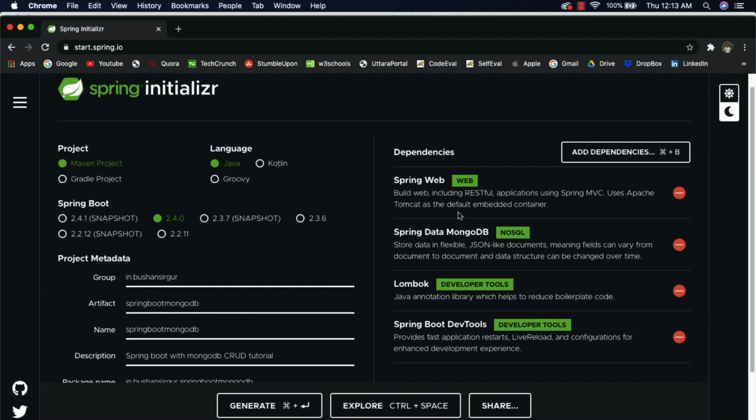Alright, so we have added the 4 dependencies, which are Spring Web, Spring Data MongoDB, Lombok and the Spring Boot DevTools.